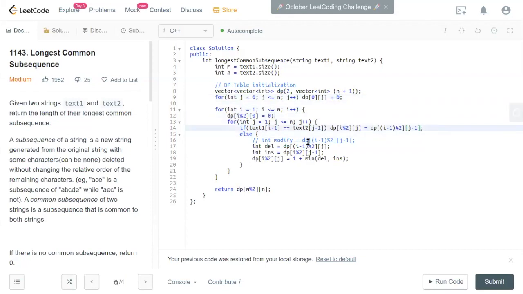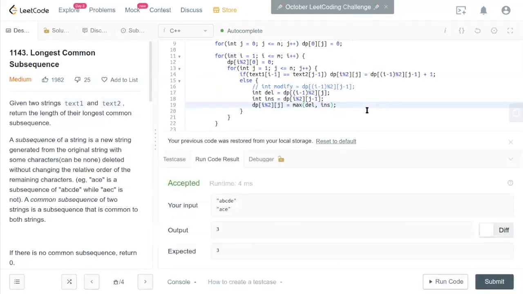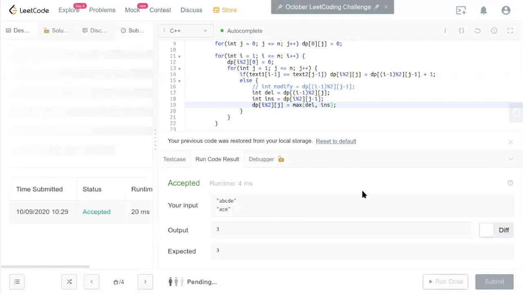And in this equal case, I'm going to add one. I do not add one in the cases where I insert or delete. Instead of minimizing, I'm going to maximize, because it's the longest common subsequence, and see whether it works. It worked here. Let me submit.